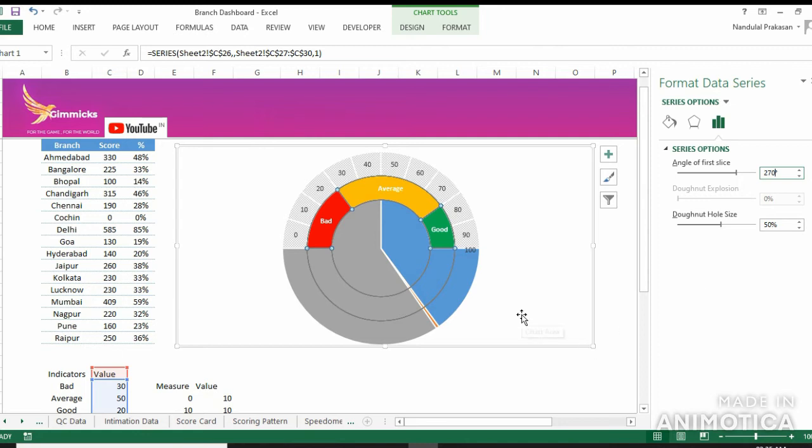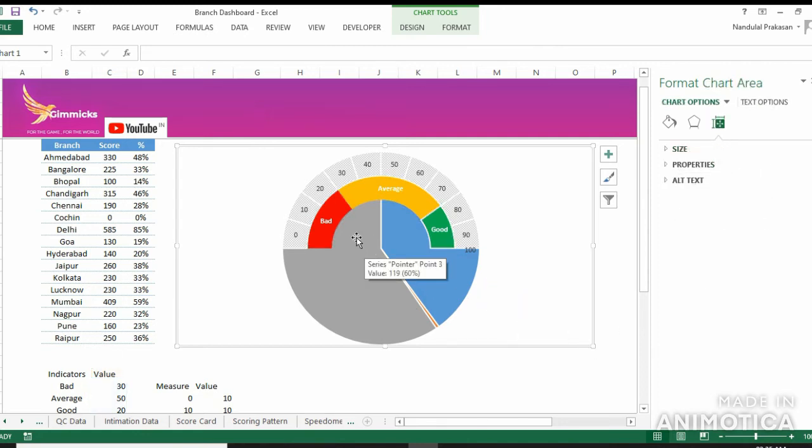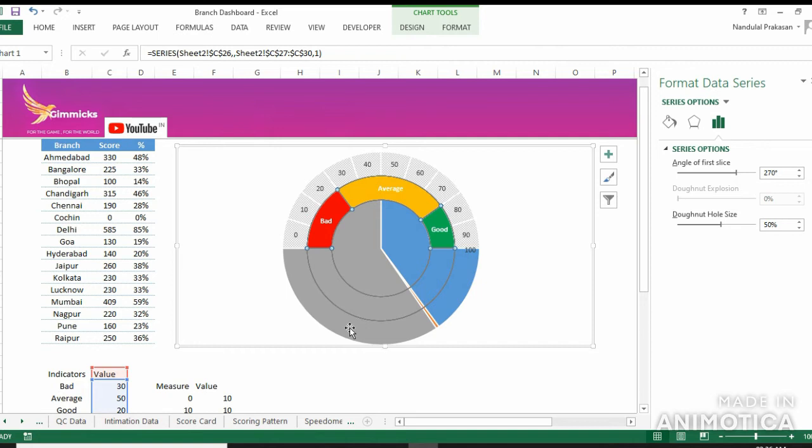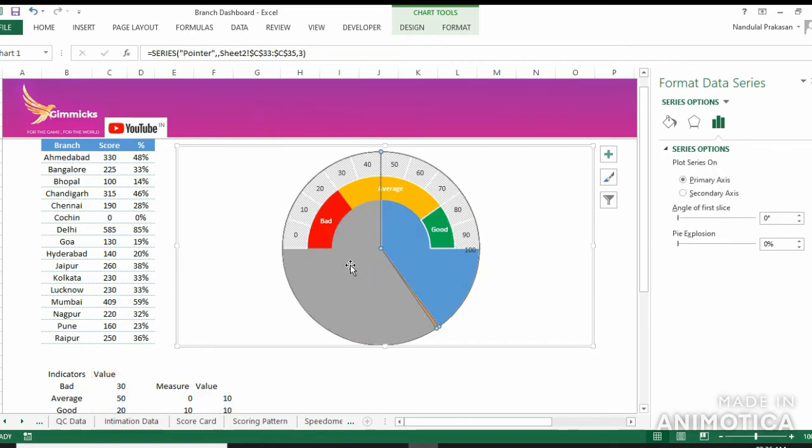Okay, it has moved. So let's format the pie chart now. This small piece of this pie chart is basically the needle, and we want to format it accordingly. And the rest too, we have to make disappear.